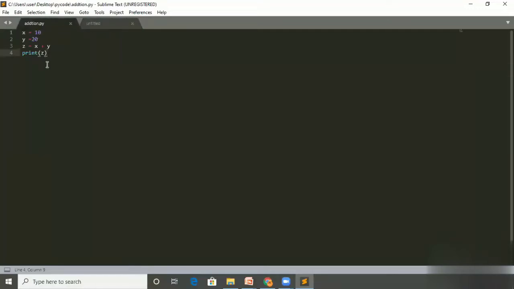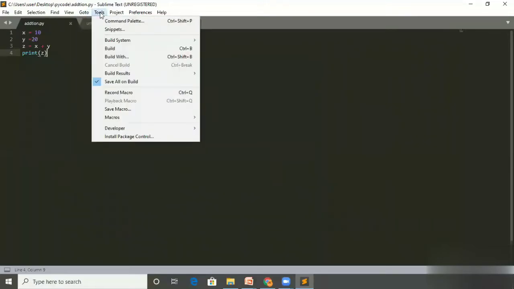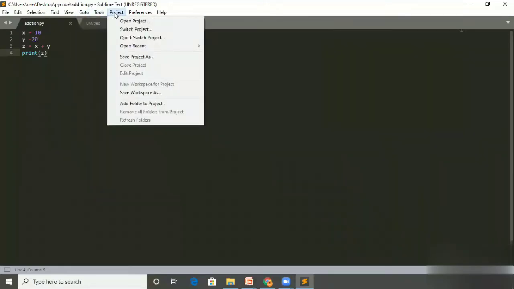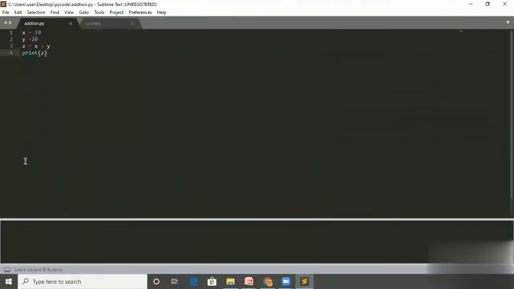For example, I have already typed the code. I already declared two variables and I'm printing the addition of two numbers. Simply go to tools, or simply press Control B, and see here the output: addition is 30.